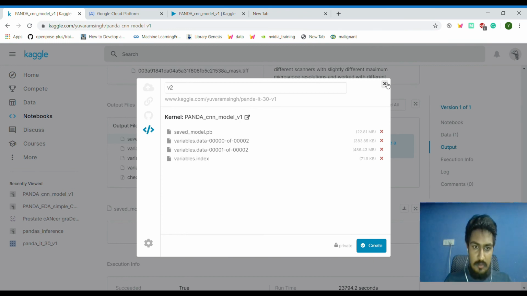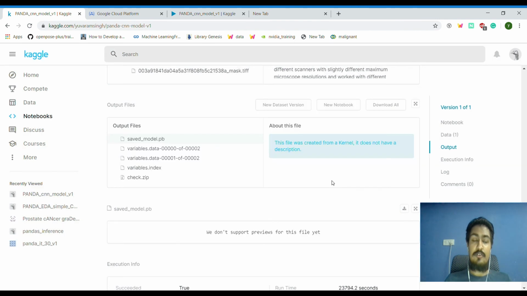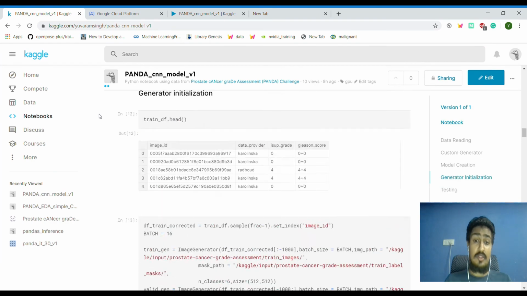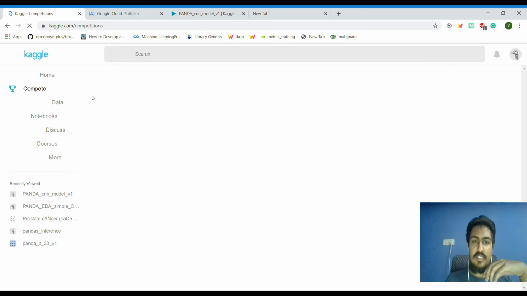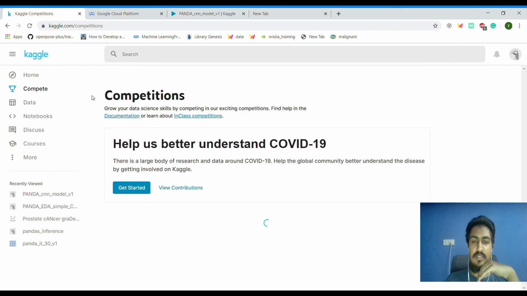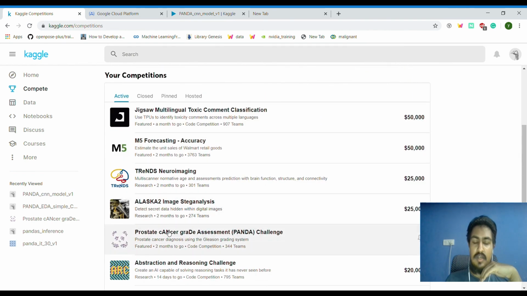We'll talk about this in a bigger video on inferencing and submission. I'll quickly go over the performance of this current model and how it stands on the leaderboard. I was just curious, so I made an inference notebook and submitted it to see where we are currently.